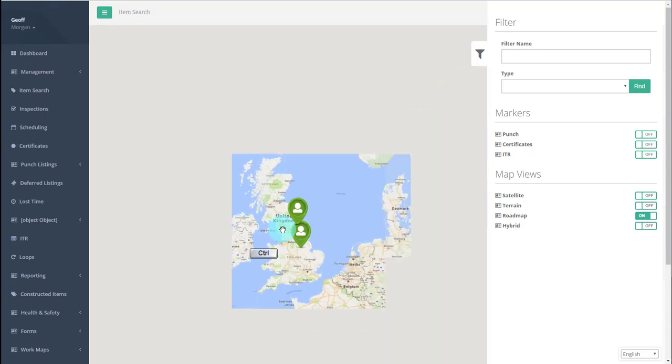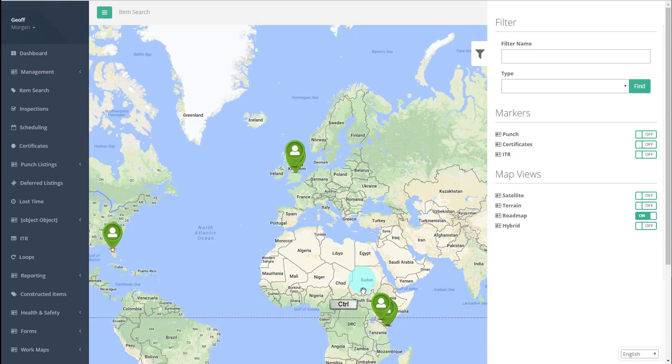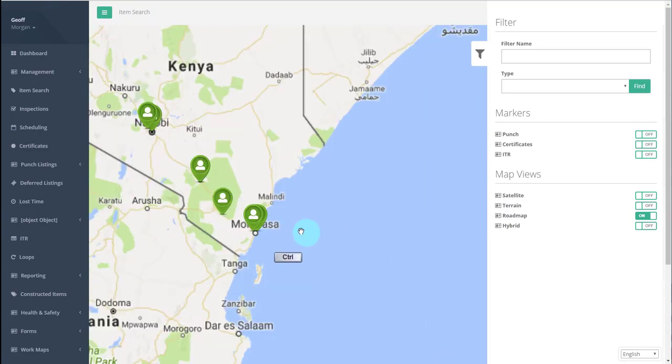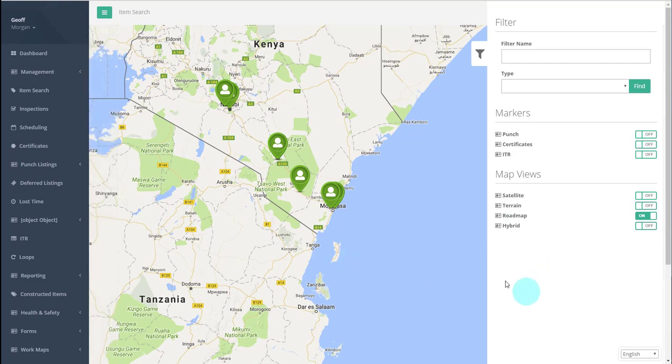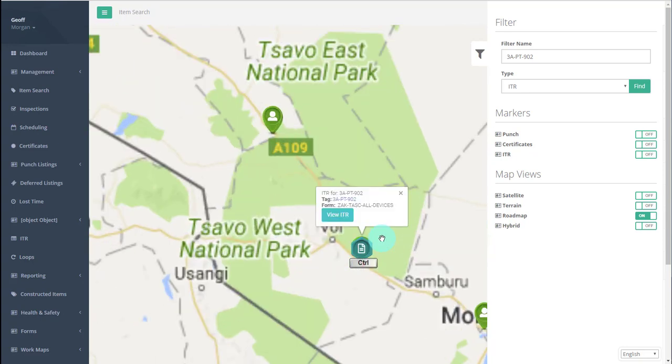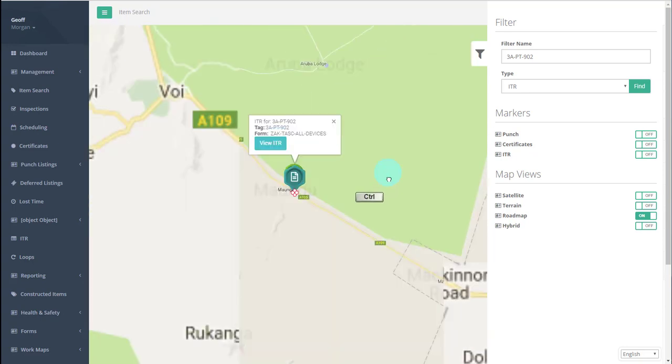Right, zoom out further and pull up some of the mirrored information that's come across from a project, and there it is. We'll assume that we're looking for a tag or a user. We can put in particular criteria here, and I'm going to search for a particular tag or an inspection, the ITR that I'm looking for. Click on find, and there indeed is that particular inspection. I can click on view the ITR and it will pull up that detail, which I'm going to do in a second. So I'll zoom into that area there,